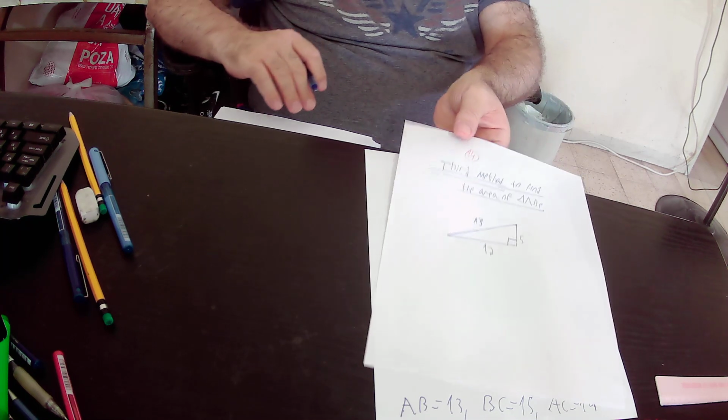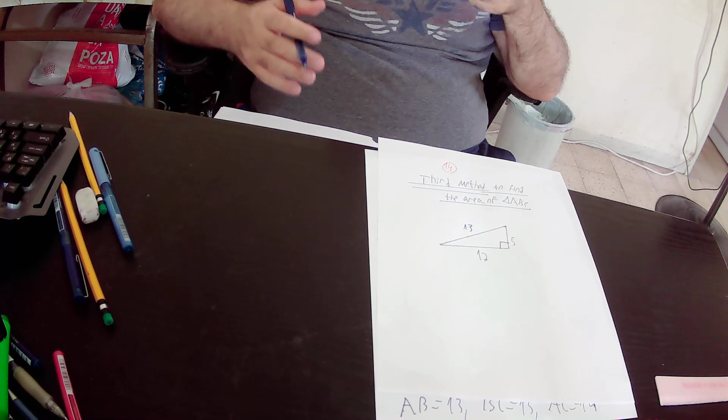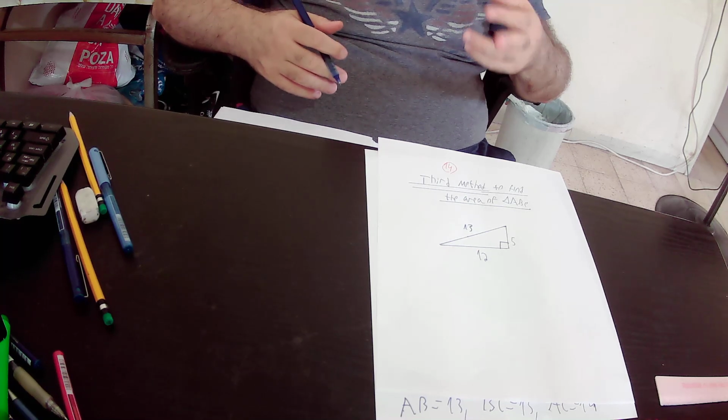So this is the first part of triangle ABC after we divided it into two parts,